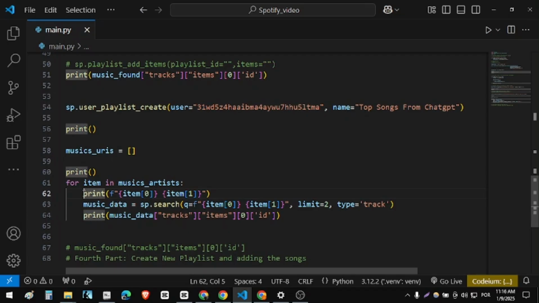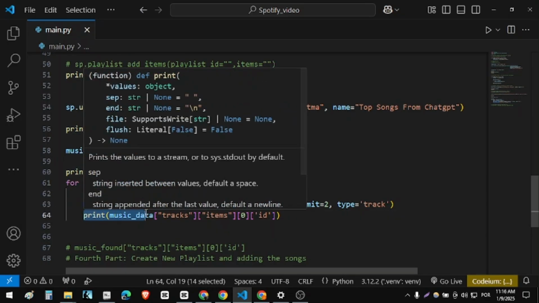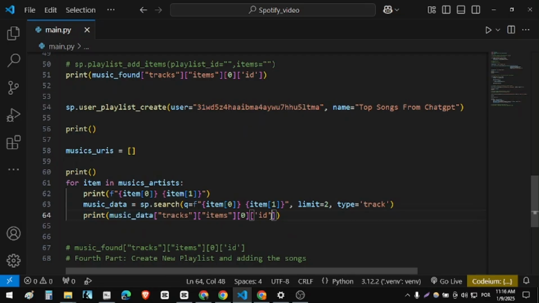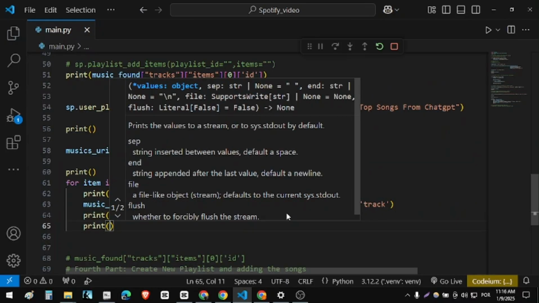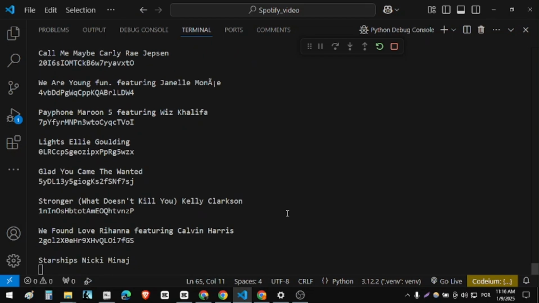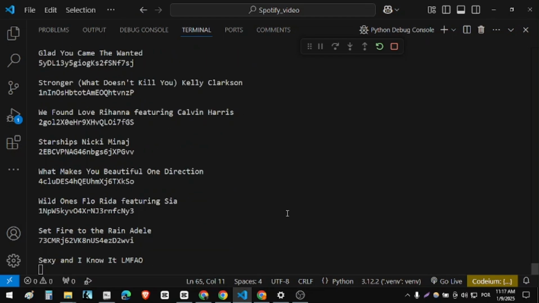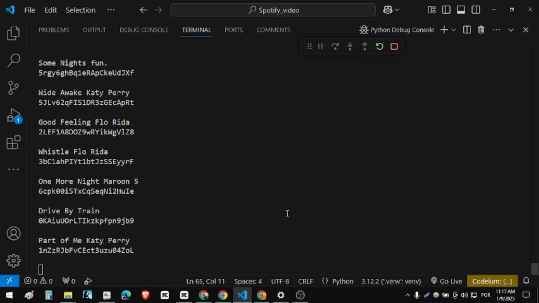Here above we are printing the name of the music and the artist, and then we are getting music data, and inside this data, which is a JSON object, we are getting the music URI or music ID. I will print a new line here below, and let's run our code. Okay, it's getting each song URI. You can see it takes some time to search for the song and to get the data and print it